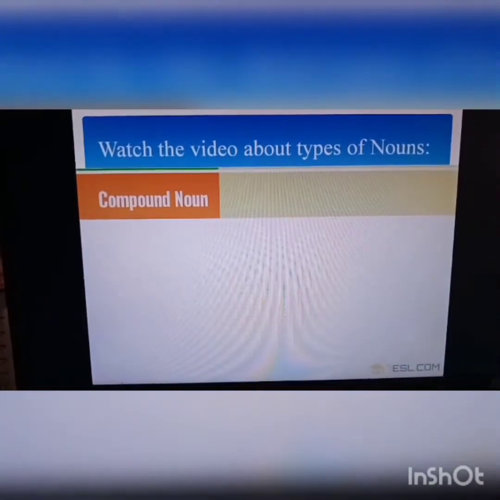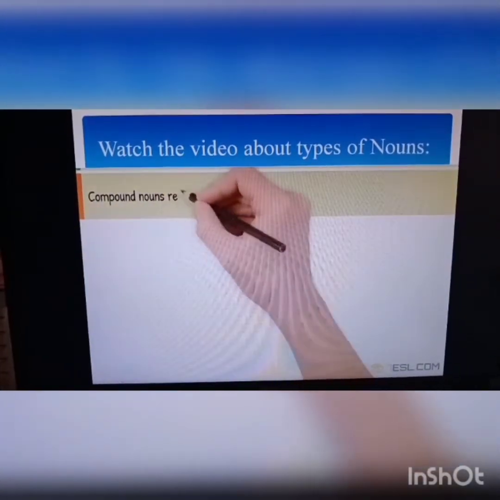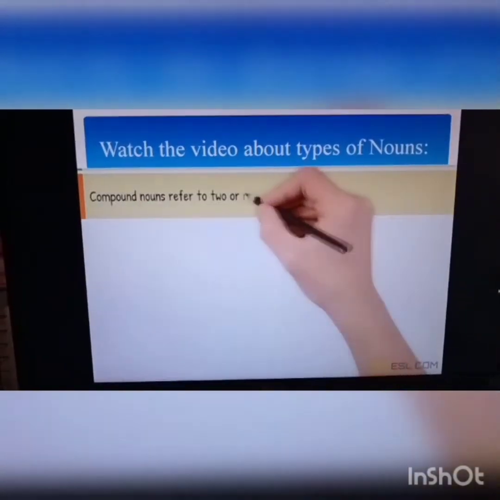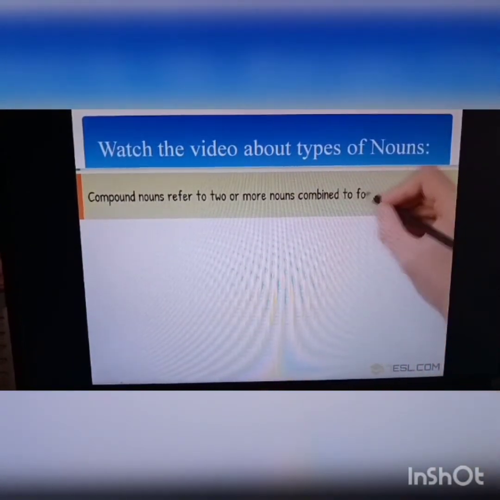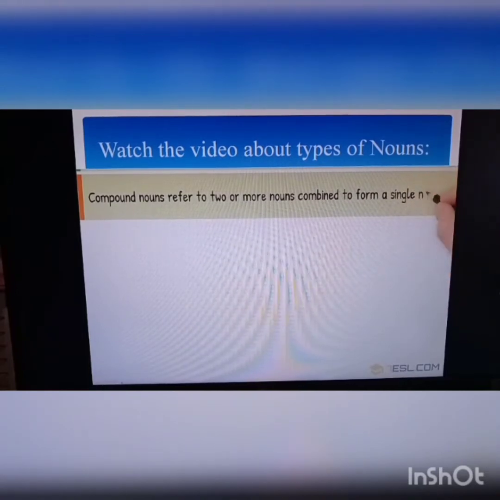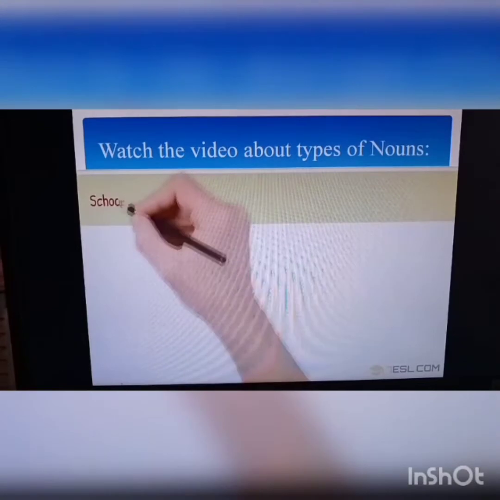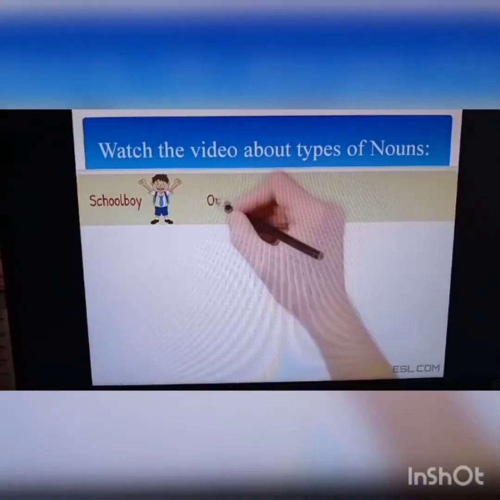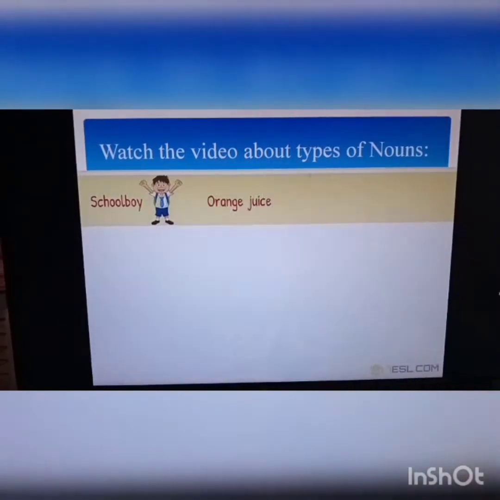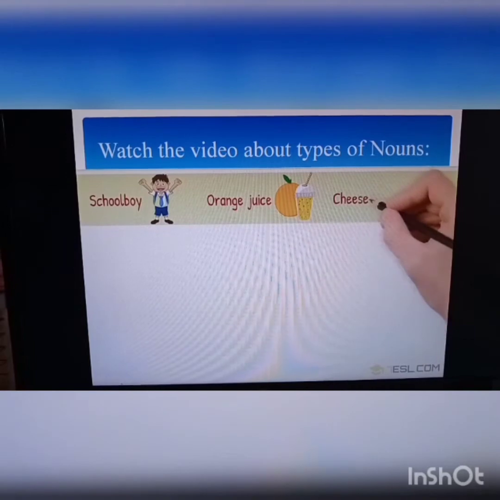Compound noun. Compound nouns refer to two or more nouns combined to form a single noun. Schoolboy, orange juice, cheesecake.